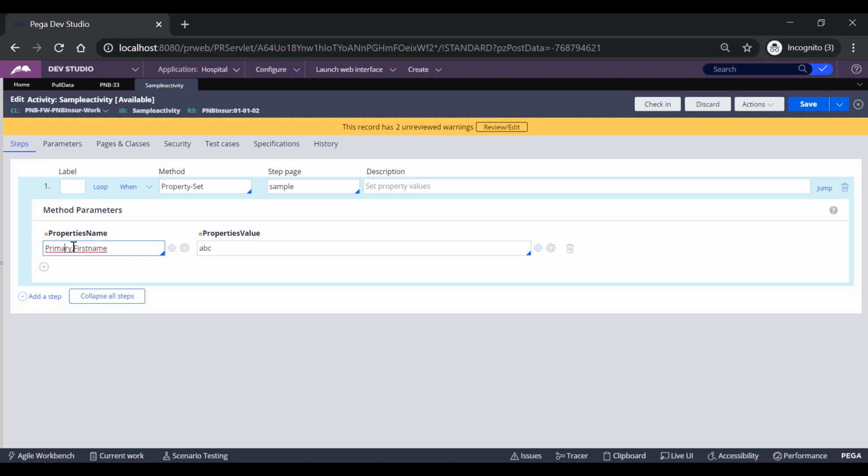That's the importance of the primary keyword. PRPC automatically converts the keyword Primary to its parent page. That is the mechanism involved, so reusability will be increased. We need not write the same activity multiple times. That's the main usage of going for the primary keyword.